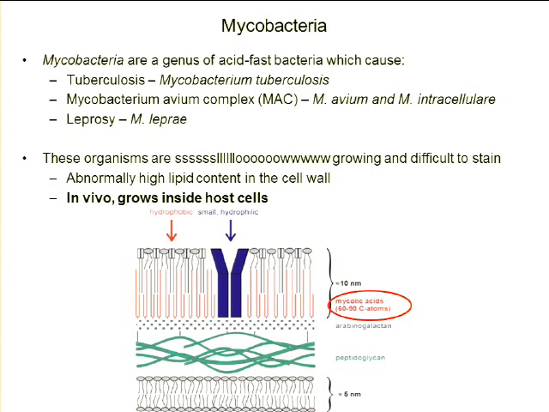Someone can come by, touch it, and it'll stick to them, and then they touch their hand or their eye, and an infection will spread. So an E. coli will stay alive on a surface for a little bit. But if it stays on that surface indefinitely, at some point it's going to run out of nutrients and it's going to die. These organisms can withstand being in that dry state without media, without nutrients, for a much longer period of time. And the reason behind that is because they are very slow dividers.